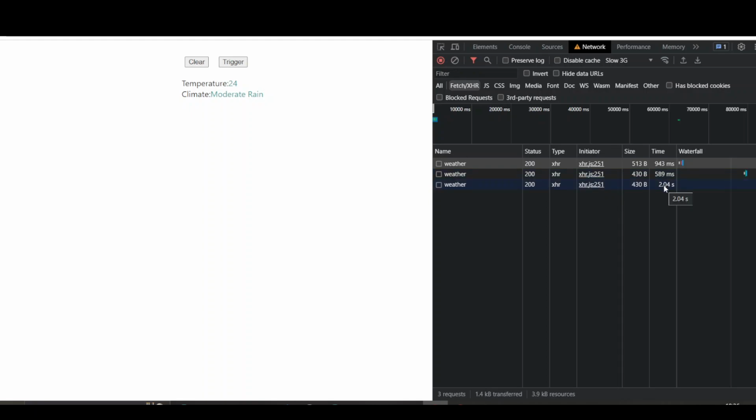So it's very helpful, right people? Because here I have taken only a small example, and since this is a mock, the response time is very quick. But when we are testing the real-time APIs that we have integrated from our backend, the response time increases from this 589 milliseconds to like 1 second or 1.5 seconds, and then at slow 3G mode